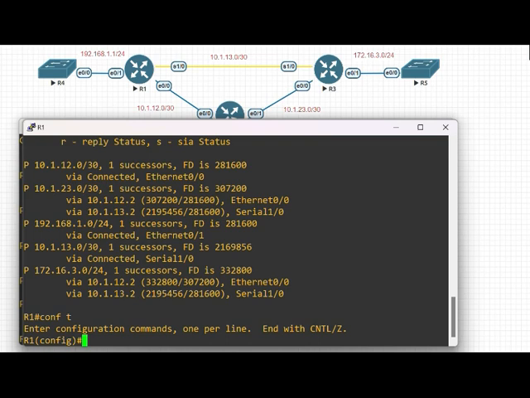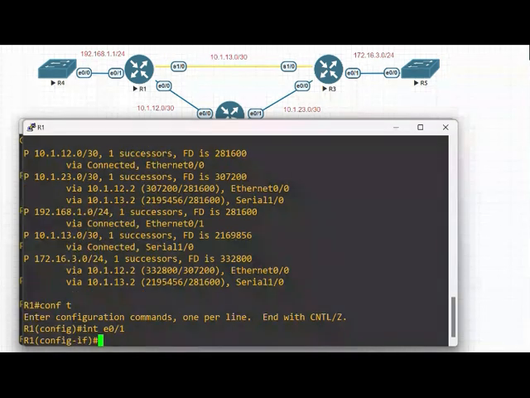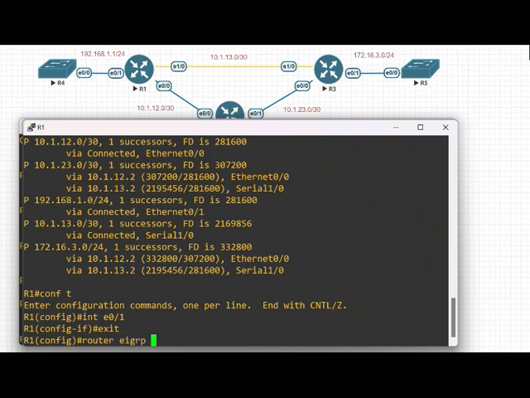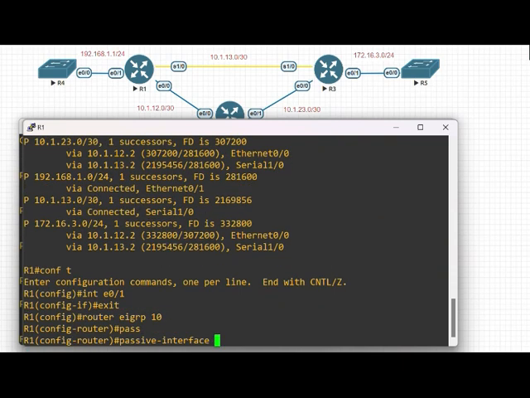In the lab sheet, the configuration might only cover just one functionality of the stub routing configuration. But first things first, R1 also has an interface to a LAN, so it's not connected to any other router in that manner. It only has a connection to router 2 and router 3. Therefore, we can do router EIGRP 10, passive-interface